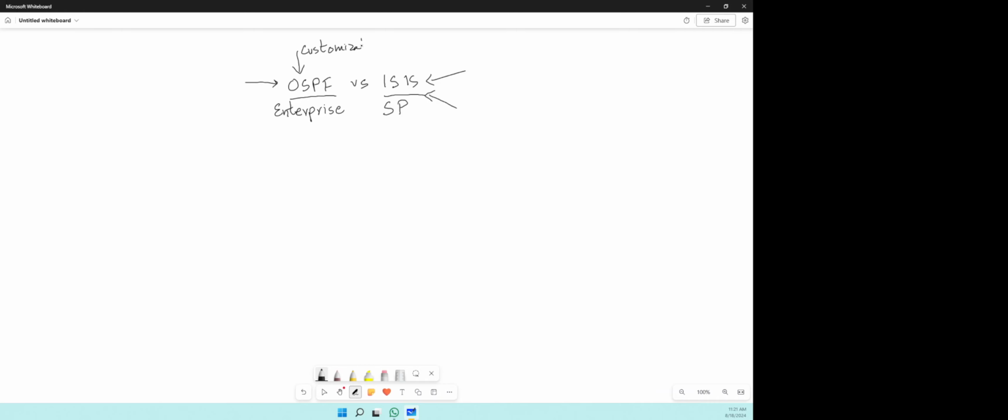but from a scale perspective, ISIS is definitely the way to go. The operations of it, the operational view or configuration of it, and obviously the implementation and design is rather simple compared to OSPF. So if you've been using OSPF,